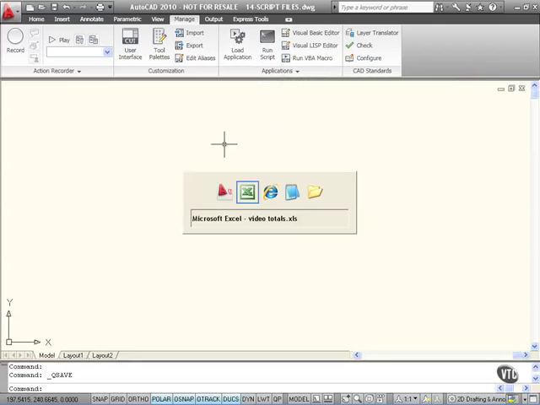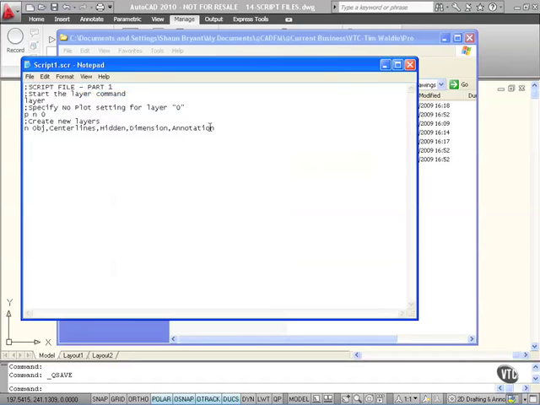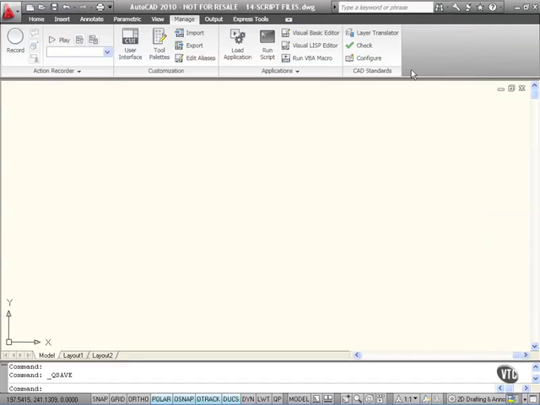If I do an Alt-Tab here and go to the folder where the script files are stored, there's script 1, which we're going to use in a minute. If I just double-click on it, it opens it up in Notepad, and you can see it's just text and commands, and the semicolons there indicate comments that aren't actually executable commands. So what I'm going to do now is minimize that, and we're going to run